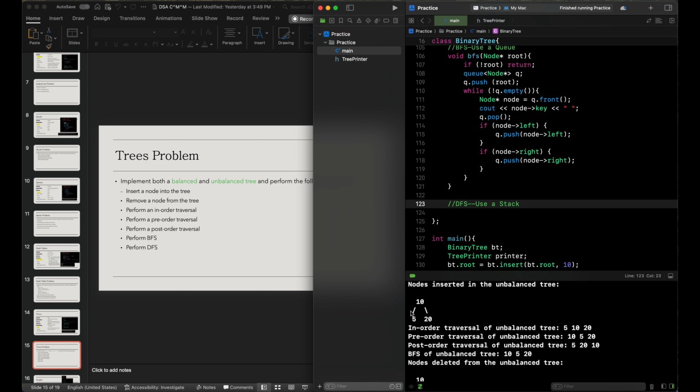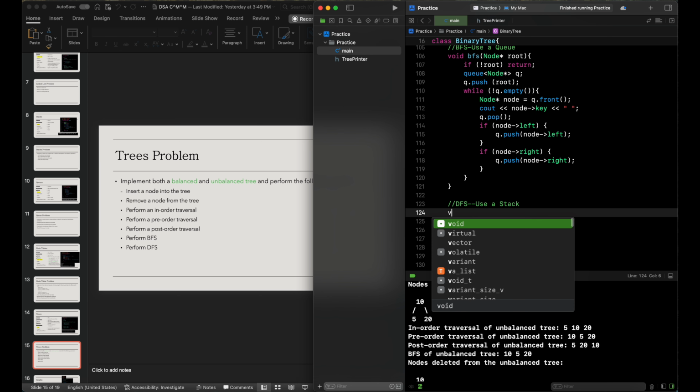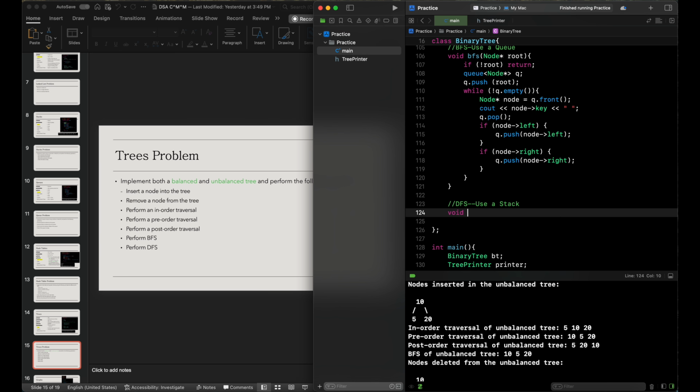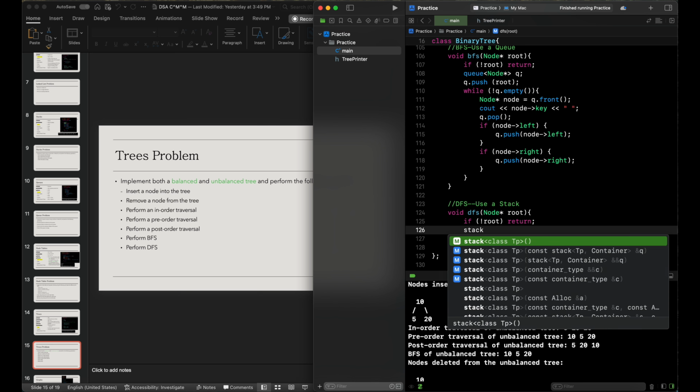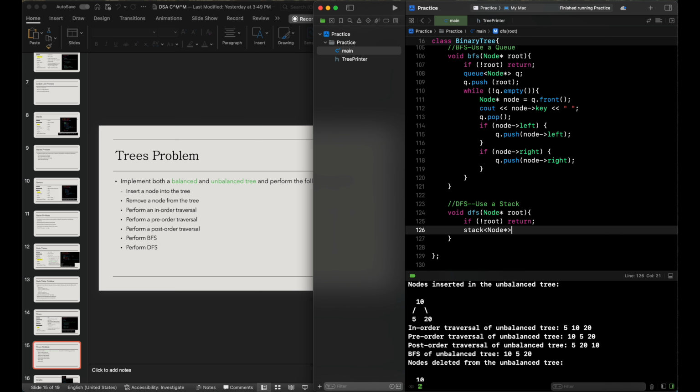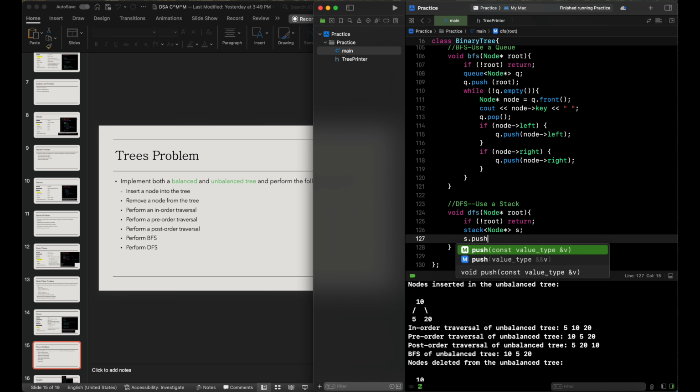So if there were, for instance, more children on the left-hand side, we would see more of an encompass on the left-hand side compared with the right, but we're still going in this fashion of one giant circle, compared to breadth first search, where there will be tiny circles of levels. But anyway, we develop depth first search by doing the following: void depth first search node here root, and then if we're not at the root, we return. Then we will have stack node here with call to s, and I'm going to push the root into the stack so that